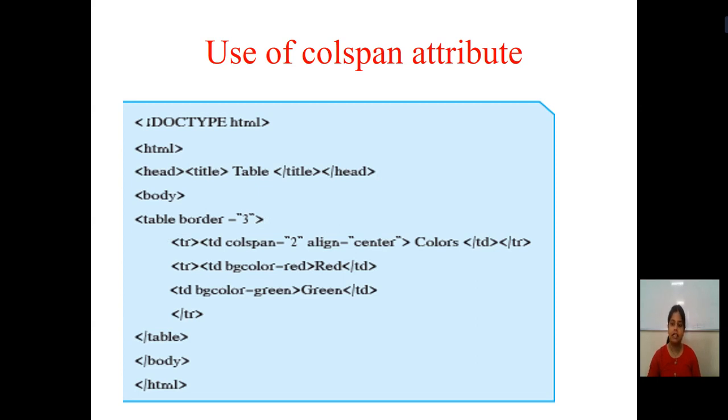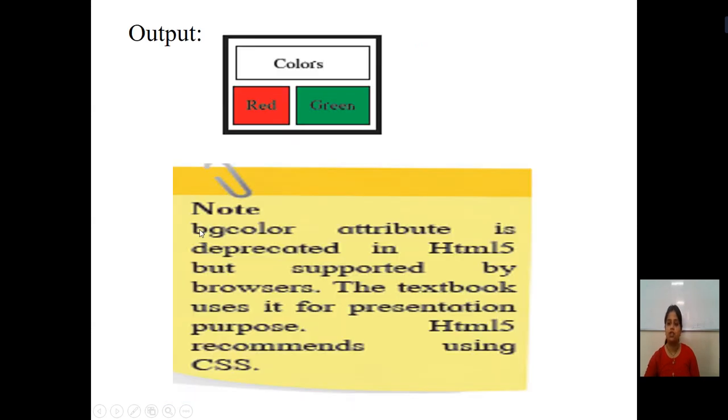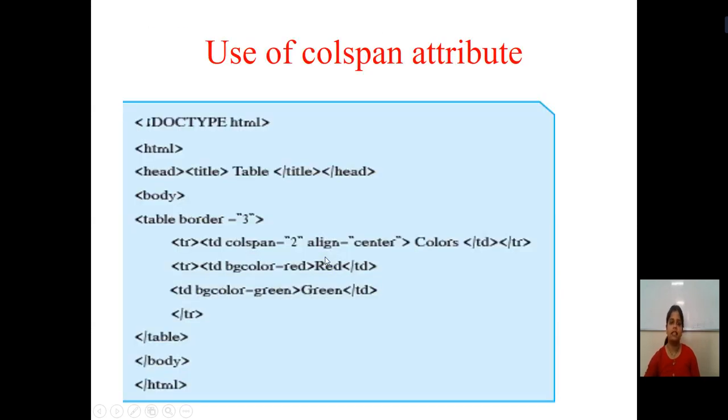In the last lecture, I had already told you that the table tag has a compulsory attribute, that is border. Without border, the table tag does not work properly. If you use the table tag but don't assign the border, then your table will be borderless. So it is compulsory to assign the border attribute for the table tag, and the value of border can be any value you want.